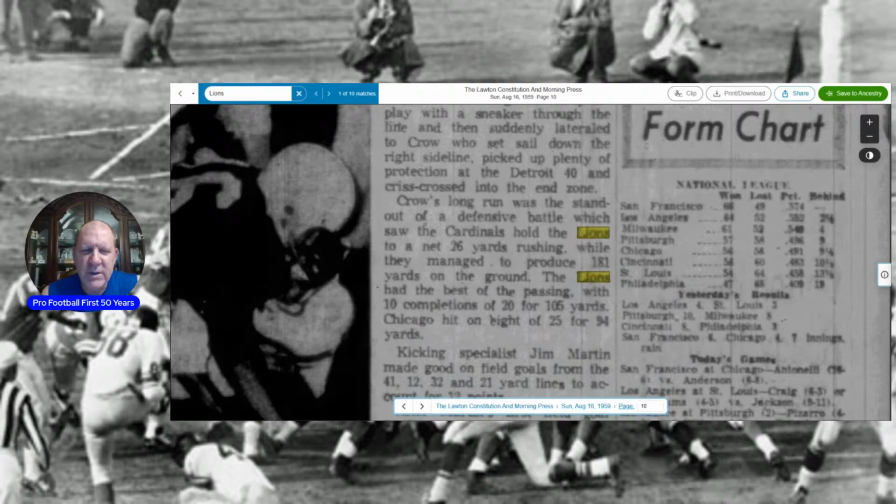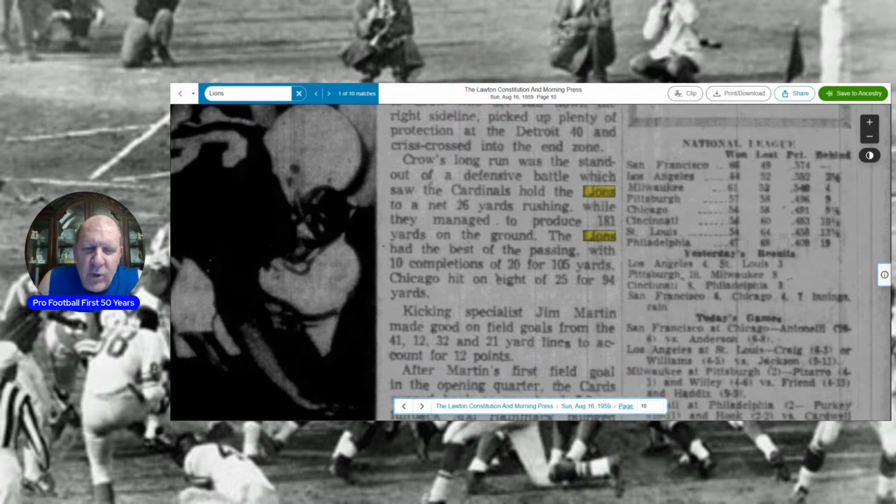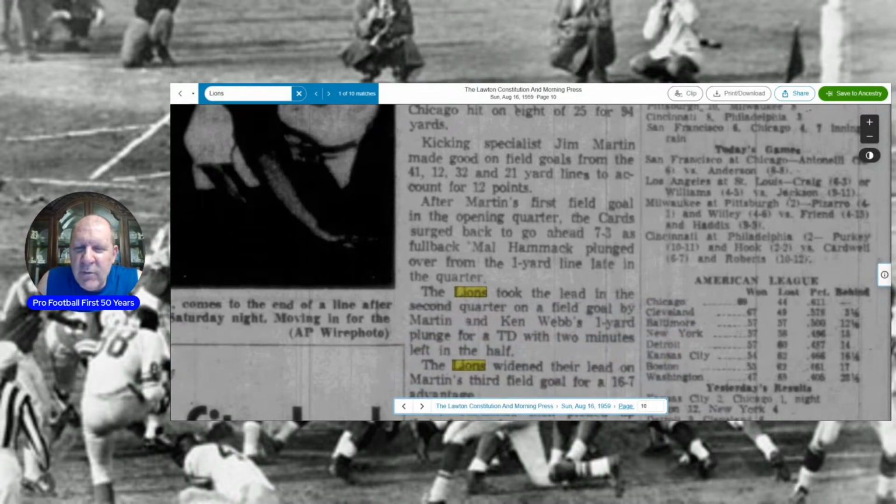Picked up plenty of protection at the Detroit 40 and crisscrossed into the end zone. Crow's long run was the standout of a defensive battle which saw the Cardinals hold the Lions to a net 26 yards rushing. Wow. While they managed to produce 181 yards on the ground. The Lions had the best of the passing with 10 completions out of 20 for 105 yards. Chicago hit on only 8 of 25 for 94 yards. Kicking specialist Jim Martin made good on field goals from the 41, 12, 32, and 21-yard lines to account for the 12 points. After Martin's first field goal in the opening quarter, the Cards surged back to go ahead 7-3